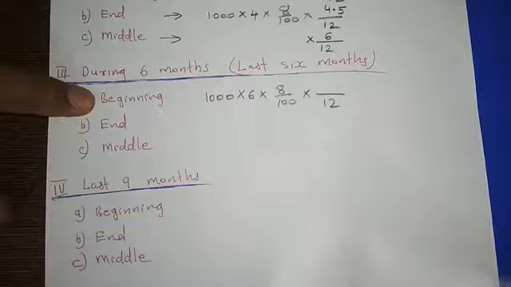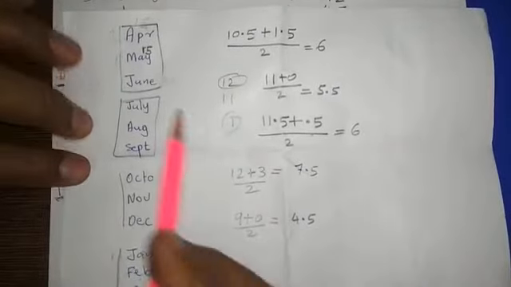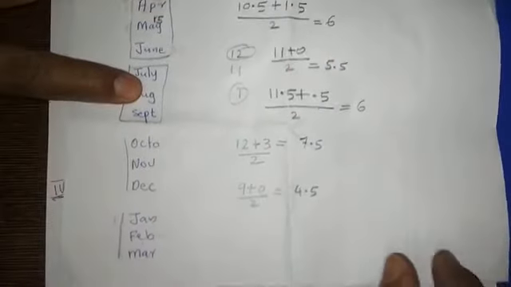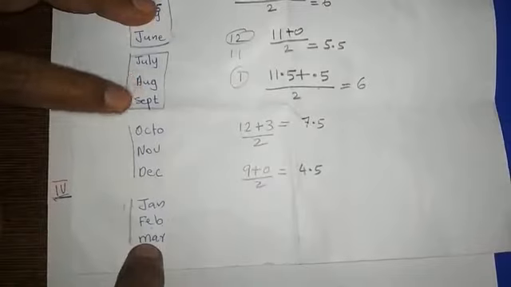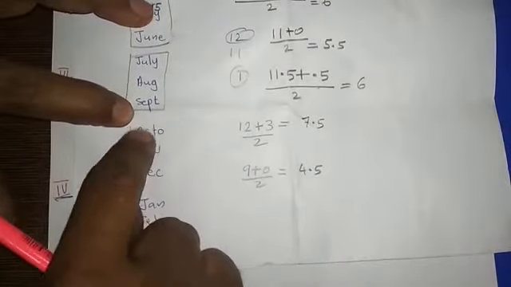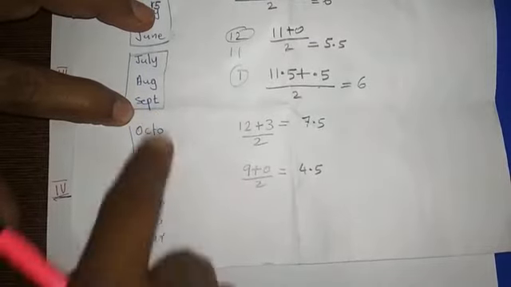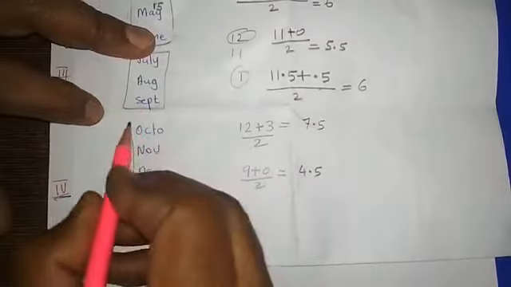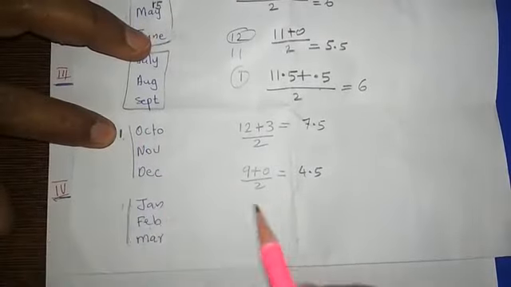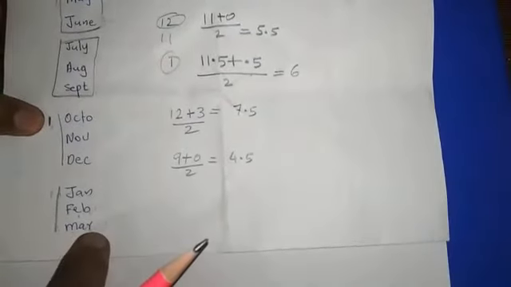Average months we can understand from this table. Listen, in the first 6 months there is no drawing. Then in the last 6 months the drawing is made, and that drawing will be at the beginning of every month. That is why the first drawing will be on October 1. So October 1 to the end of this accounting year, March 31st.